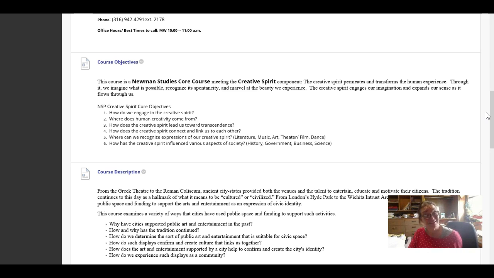The course objectives, in particular: this is a Newman Studies core course. It meets the creative spirit component. As such, we want to think about how the creative spirit permeates and transforms the human experience. So, for example, in this class, we will look at how do we engage in the creative spirit? Where does human creativity come from? How does the creative spirit lead us towards transcendence?